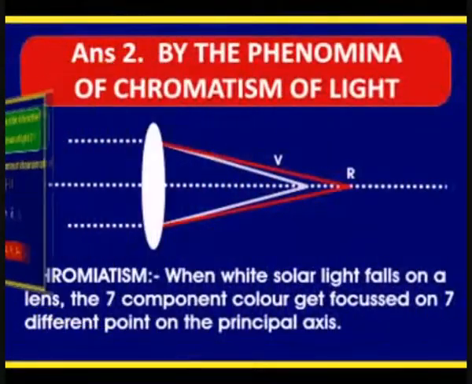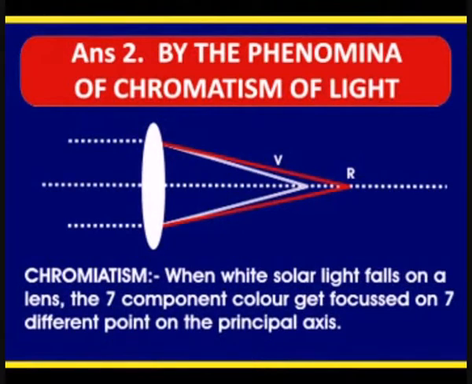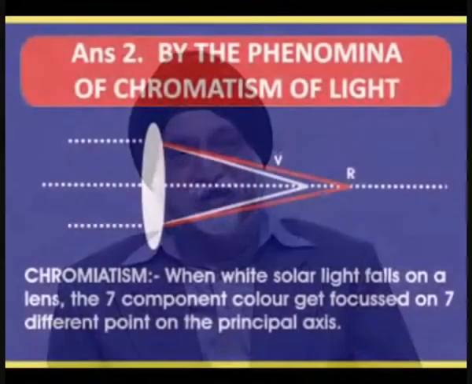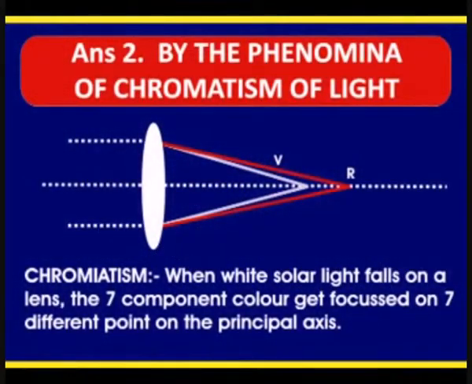We go ahead to understand by a second example, that is the phenomenon of chromatism of light. It is also expressed that mu is different for different colors. Now the question is, what is chromatism of light? It's like a defect in lenses. Please see on the screen that when white solar light has fallen on a lens, FV,